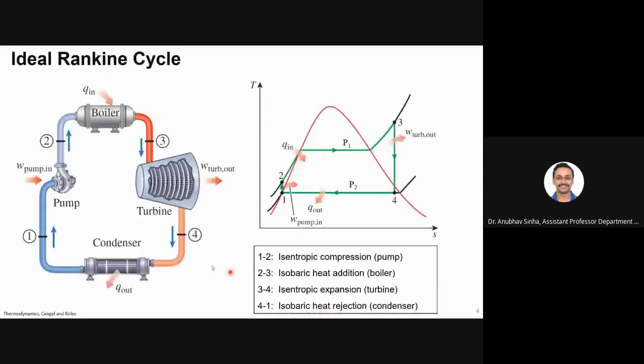So this is how it looks. So let us first focus on this diagram. So what happens is process 1 to 2. Okay, you have a pump and you have water in liquid state. Okay, so liquid water is pumped through from point 1 to point 2. Now the second step is that this liquid water is sent through a boiler. After it passes through a boiler, you get superheated steam at point 3.